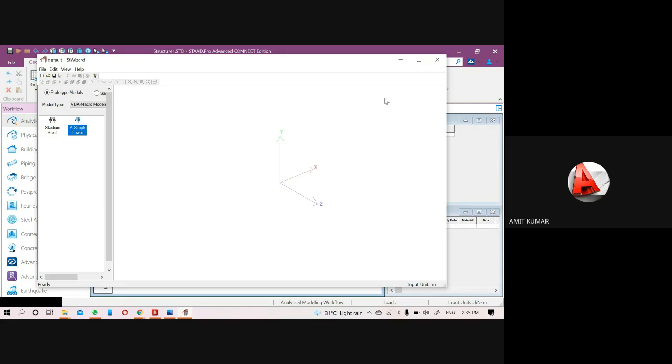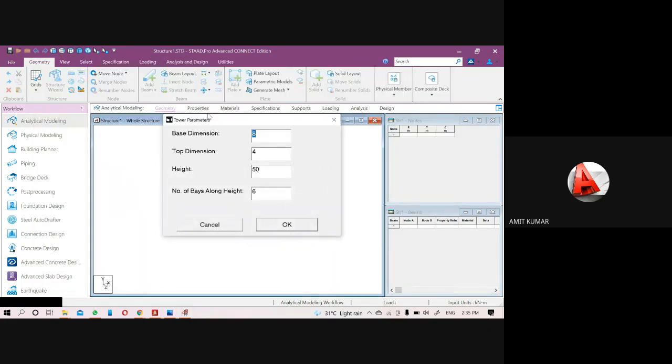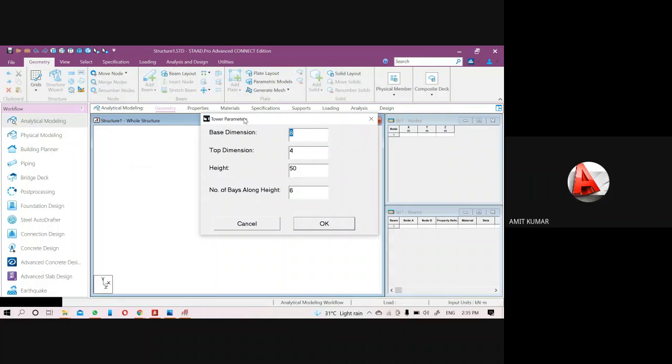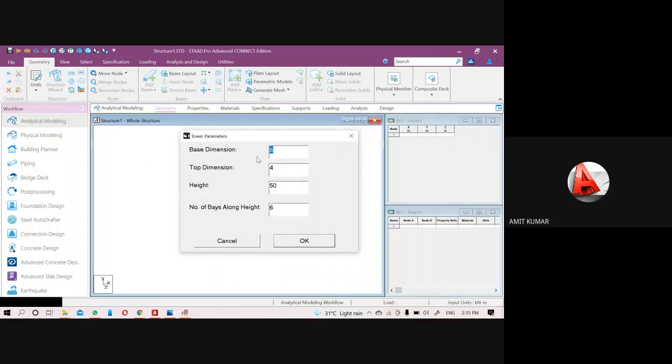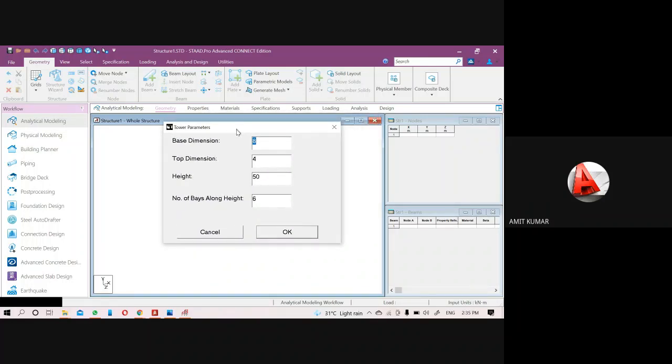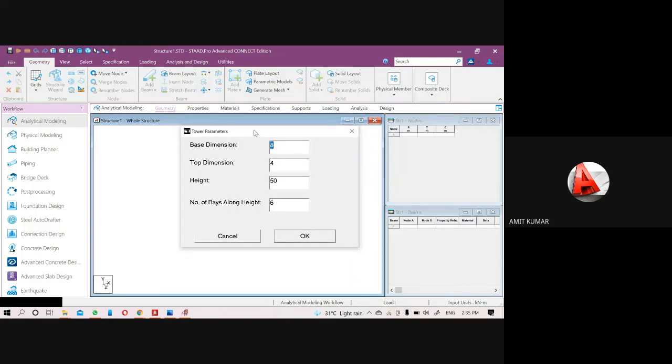First, just minimize it. Yeah, maybe you will get it from here. Sometimes you will not be able to get these tower parameters. In that condition, if you don't have this option, then we can create it manually also. So I will tell you the manual method also.